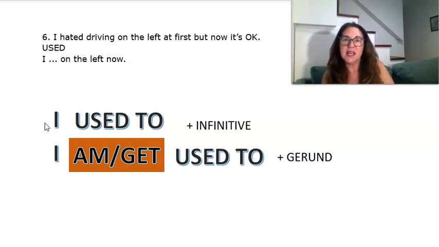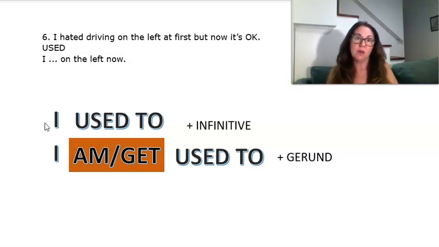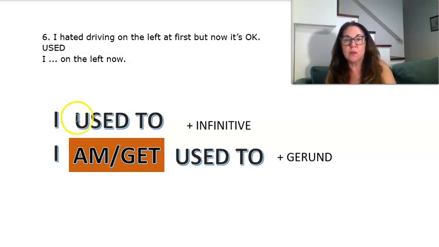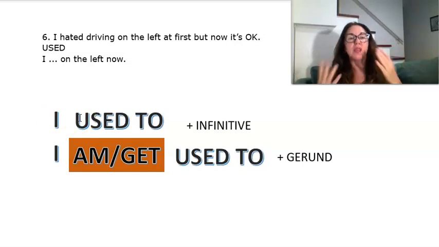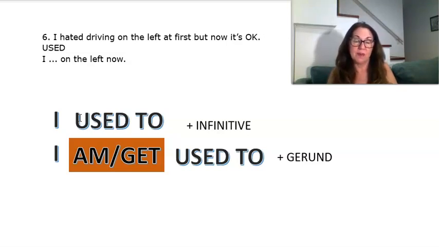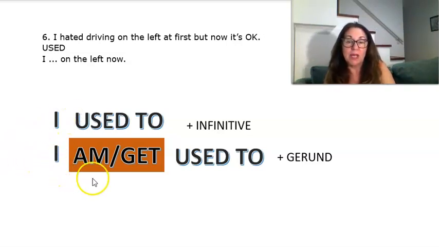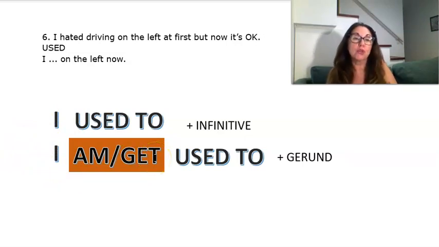So the thing is that odiaba hacer esto, pero ahora no. ¿Qué pasó? Me acostumbré. Okay, so used to means solía. So yo solía hacer tal cosa. La persona esta solía odiar manejar a la izquierda, ¿ok? Pero ahora se acostumbró a hacerlo, ¿ok? Entonces no es solía acostumbrarse o solía manejar a la izquierda, no. Yo me acostumbré a manejar del lado de la izquierda. Eso sería me acostumbré, got used to